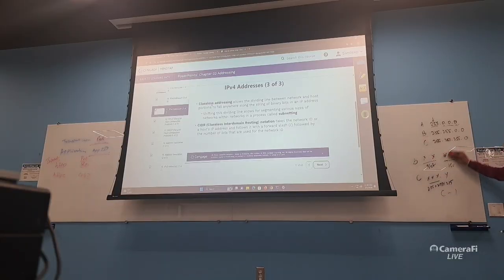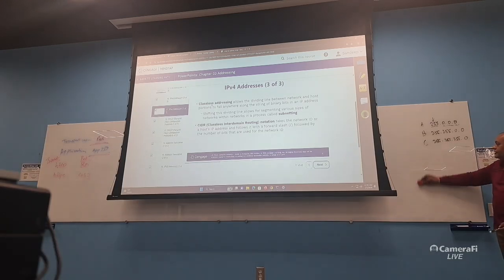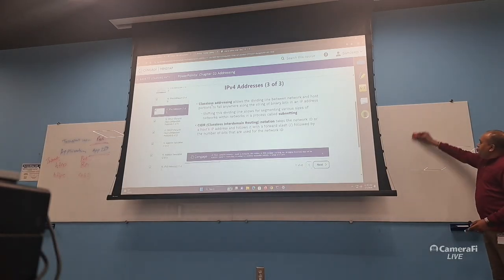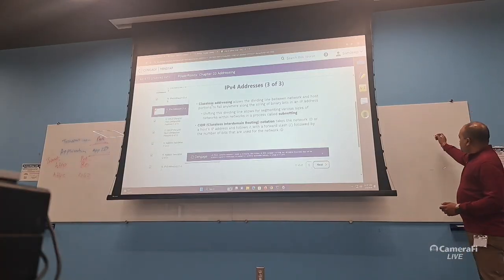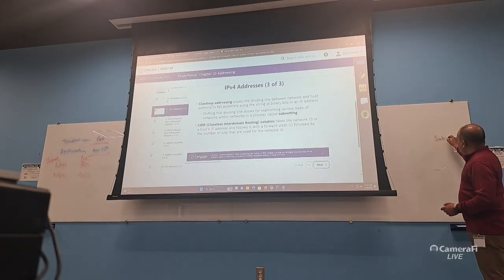You just remember that we have A class, B class, C class. Maybe you remember the range as well, but otherwise you don't need to remember anything more, because now we are using classless inter-domain routing, CIDR notation. And this concept is known as